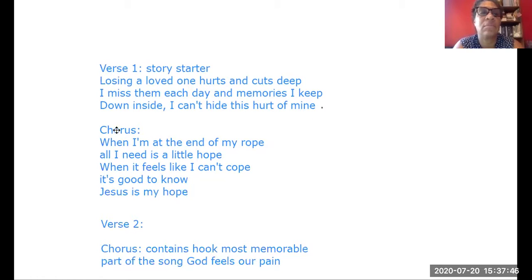So we've got, when I'm at the end of my rope. All right, so we've got the fact that my hands are up on "when I'm," that means that the song is coming in at the chorus on an upbeat. So why do I care about that? Because now in my story verse, I have to have it come in on the downbeat. I have to have it different. So I know the chorus is, when I'm at the end of my rope.